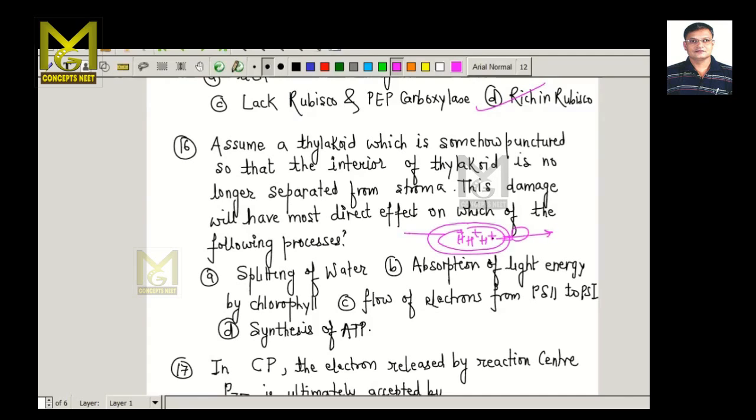When protons are pumped across, there is formation of an ATP molecule. If it is punctured, the protons will not be pumped, and if there is no pumping of protons, ATP will not be formed. So this will directly affect the synthesis of ATP. So in this case, the correct option is